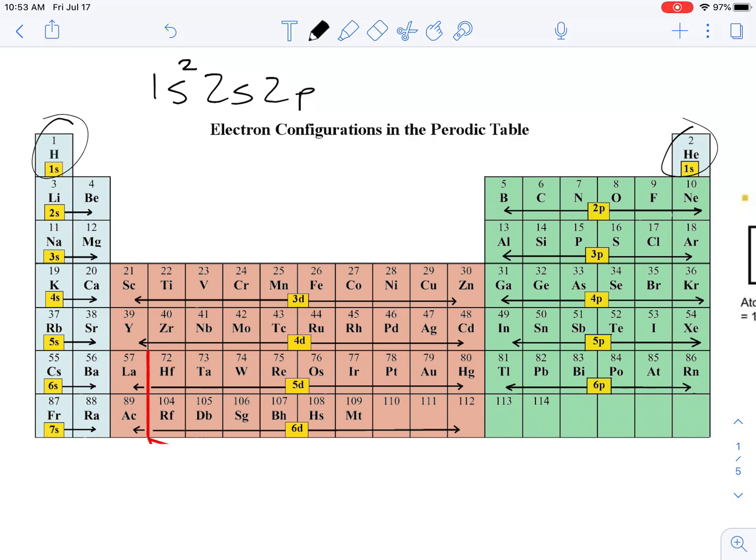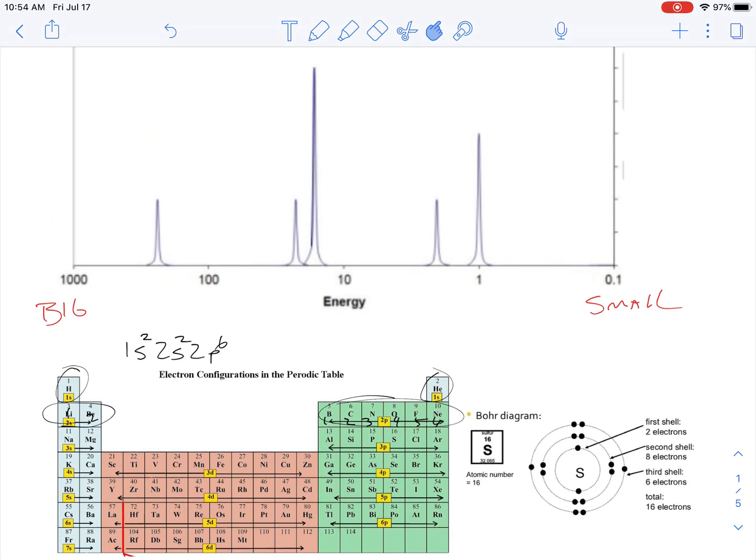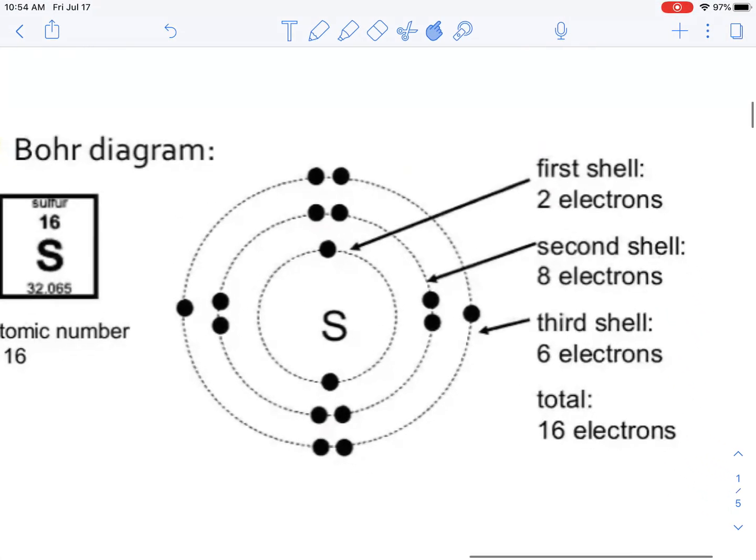Here they are, 1 and 2. And the maximum that you can put in the 2s is 2. Here they are, right there, 1 and 2. Numbers 3 and 4 here, boom and boom, right? So 1 and then 2 there. And the maximum you could put in the p subshell is 6. Here they are, p1, 2, 3, 4, 5, and 6. Right along the way. So I always find it easiest to start with the big numbers,